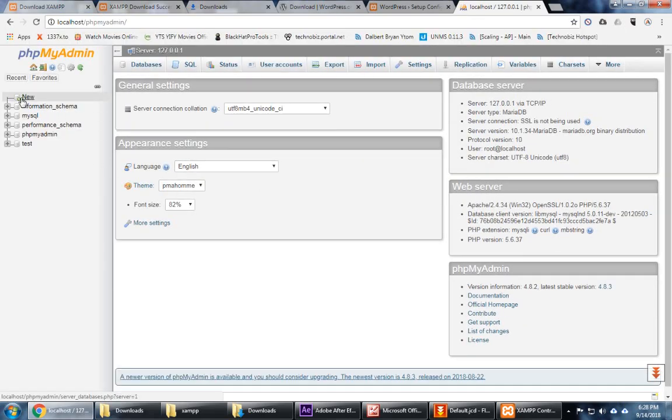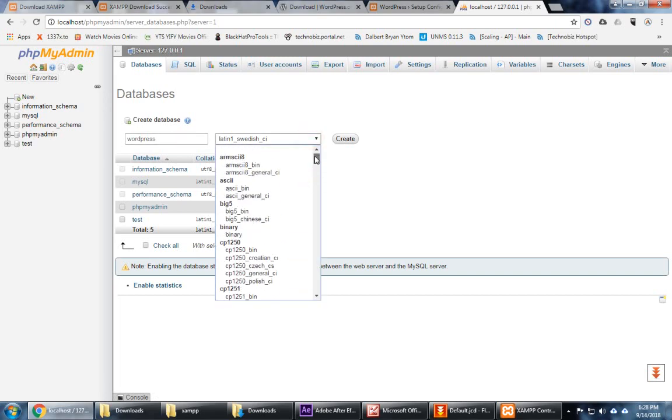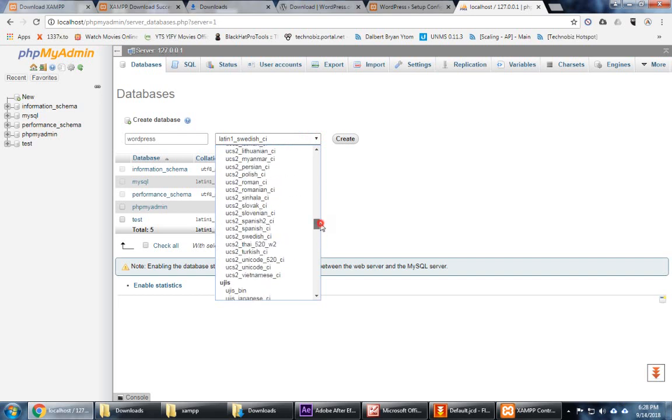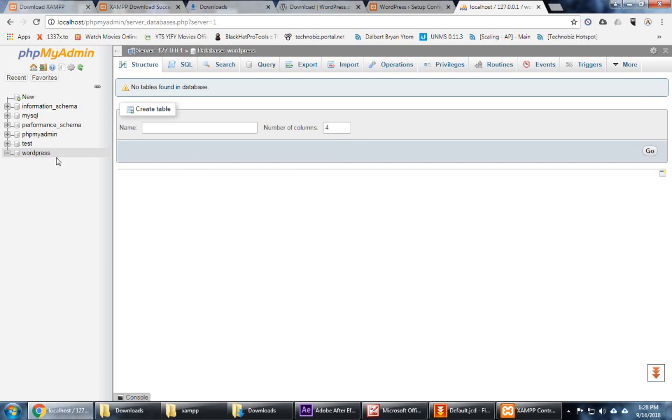So here we're going to create our new database. Database name is WordPress or anything you want. Create. So we created the WordPress database already, and then